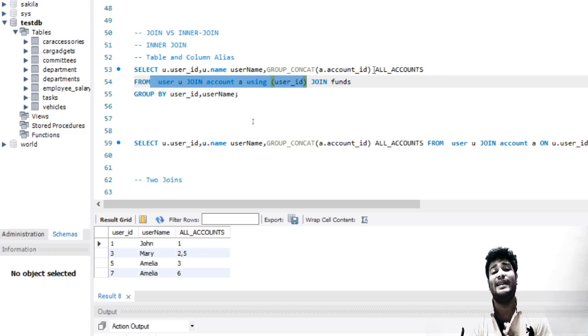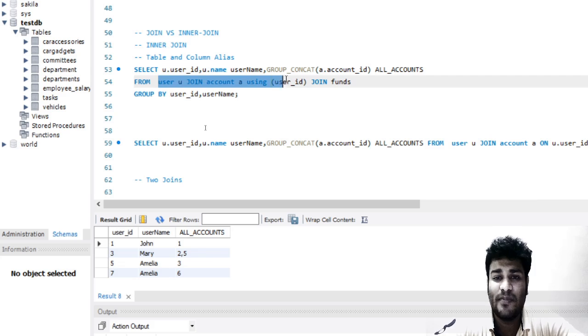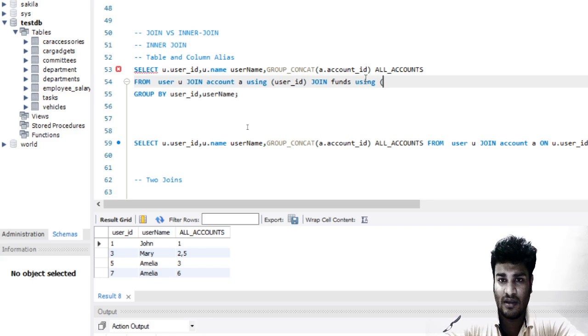If you go back and see the previous tutorials, we have discussed the flow of the select statement. At first, from is resolved into a single table. Again, this particular table will join with funds, using account id.